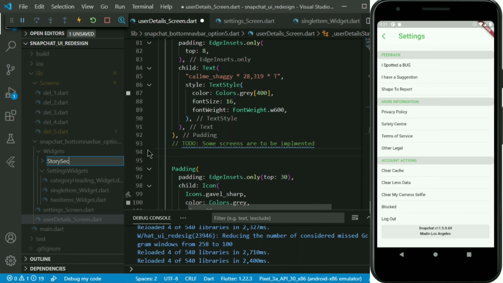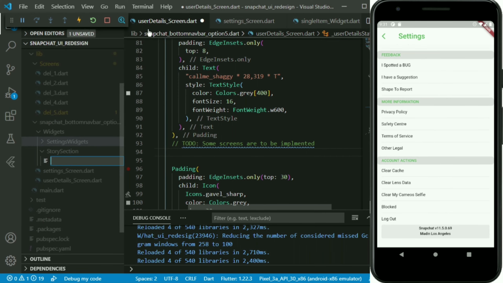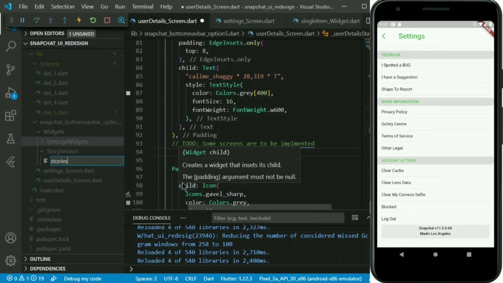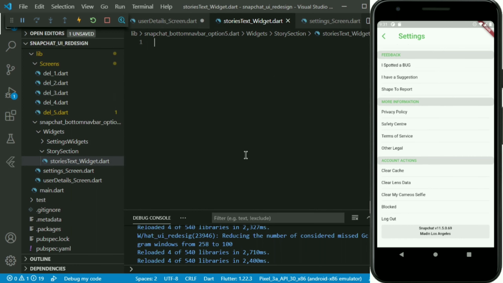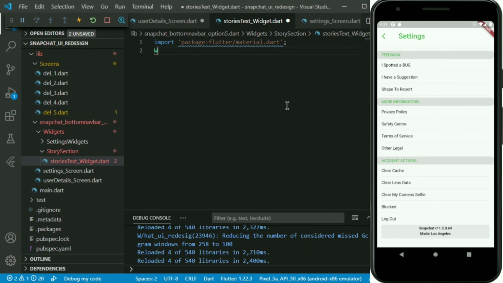Firstly, I'll be creating another folder inside the widgets directory called story section. In this story section directory, I'll be creating a story text widget. What this story text widget will basically have is a padding and then a row.